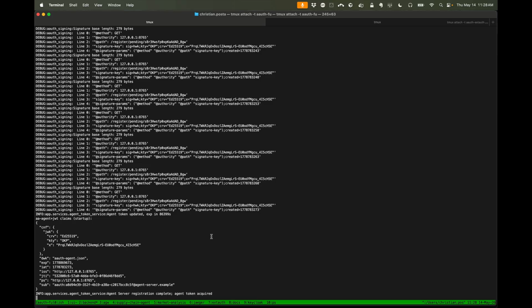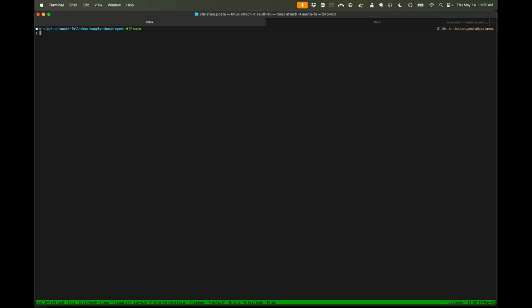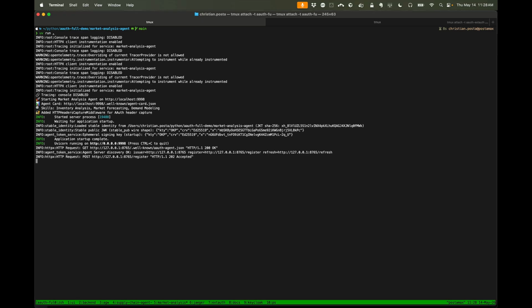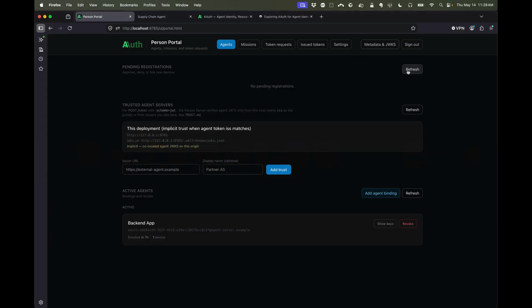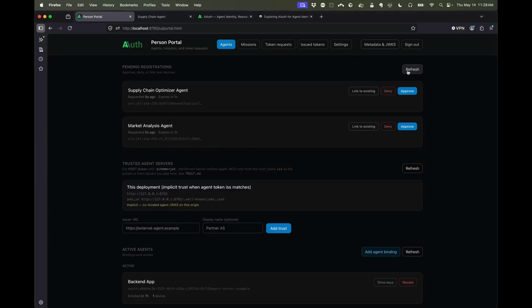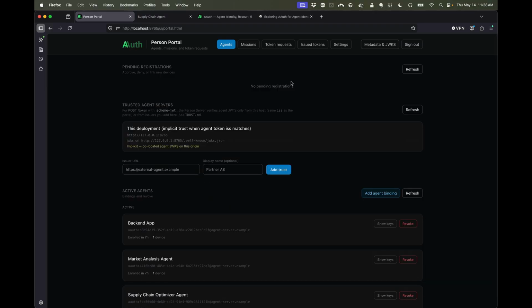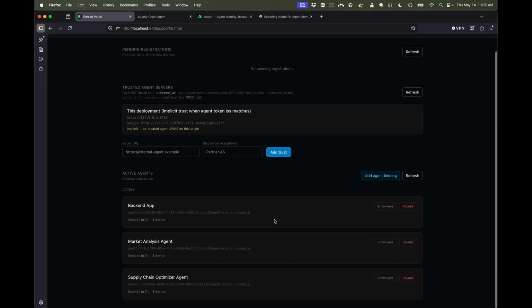Now we want to be able to call into a supply chain agent. So we're going to do the same thing here. And the supply chain agent might call into a market analysis agent. So we'll do the same thing here. Both of these are going to sit here and wait until I approve that they are allowed to act on my behalf. So we'll approve this, we'll approve this. So now we have these three active